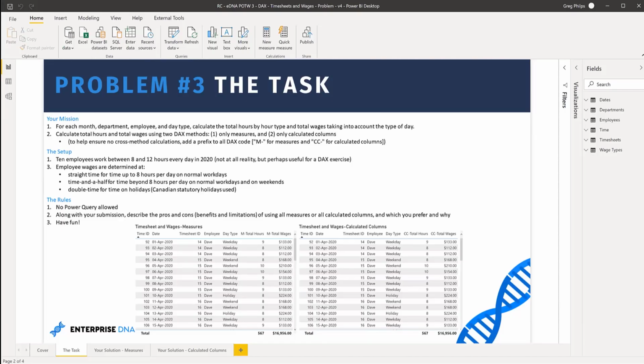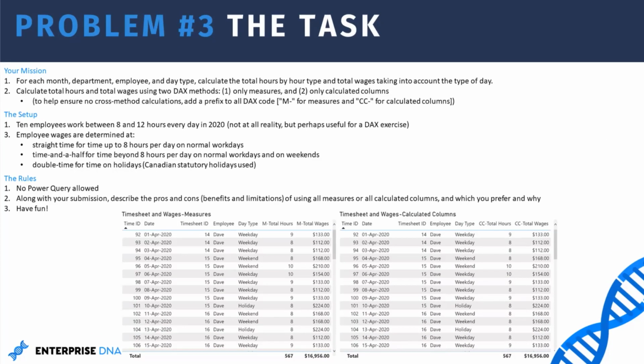So anyway, I have a very small data set that I put together here. There's 1 year of data, and for every month, for every department and every employee, we're looking to have the total hours calculated by hour type and the total wages calculated taking into account the type of day. As we mentioned, we want to see the solution twice, once with measures and once with calculated